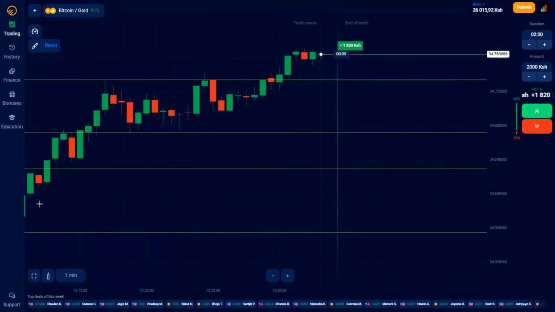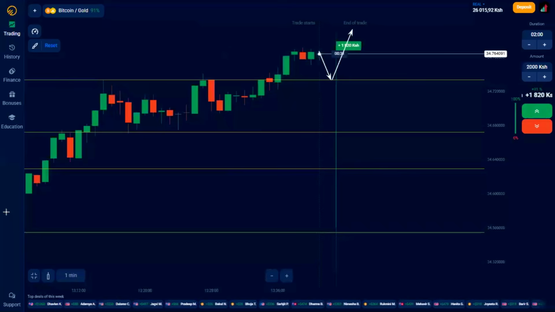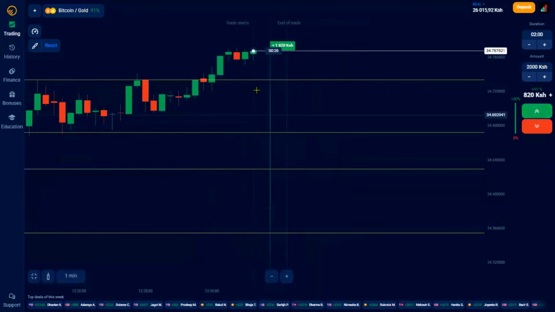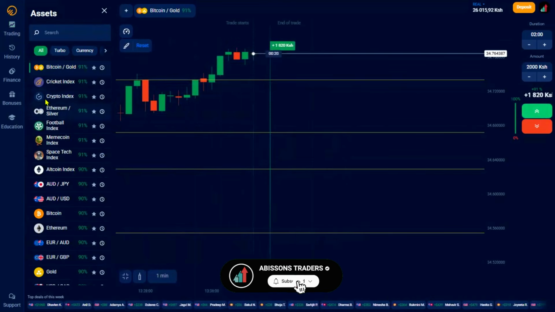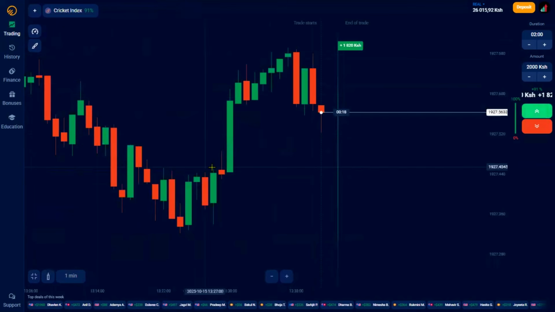So I'll use 2 minutes. When the price comes and touches this level, I'll be expecting the price to do what? To pump upside. All right. So before it comes back to the test, let me look for another one and analyze as we wait for this one. So let me go to another